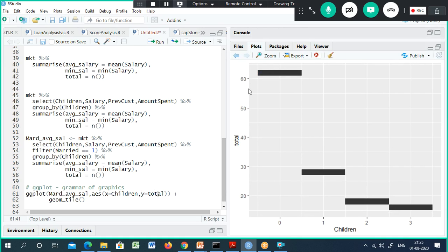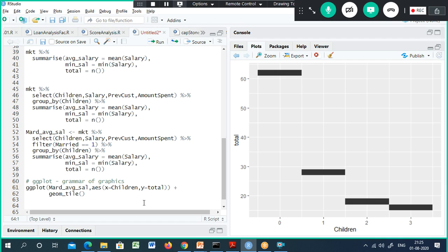Here close to, let's say, 65 customers do not have kids, and the customers with only one kid, we have this many number of customers. But when we look at the average salary instead of the total, let us see what is happening.